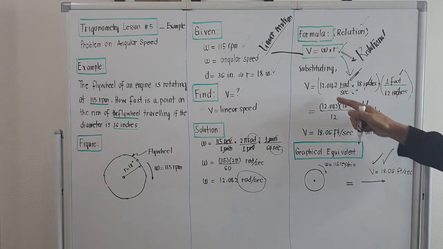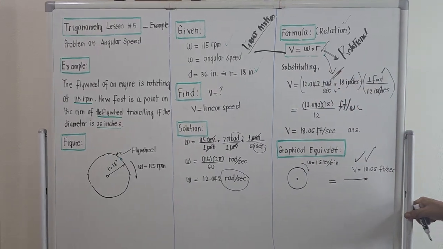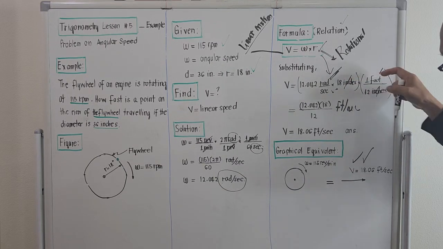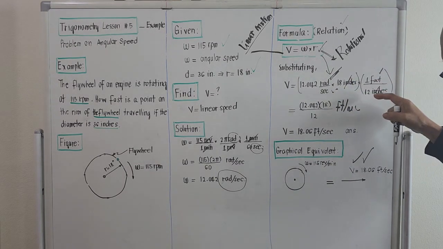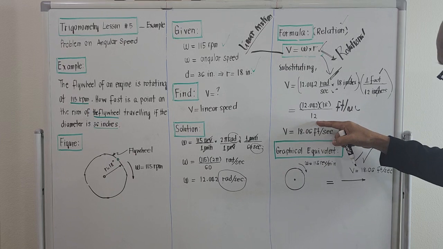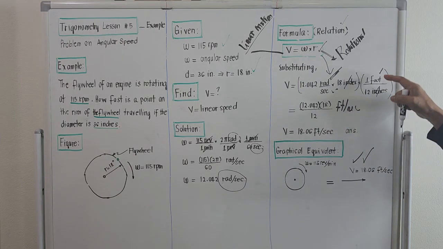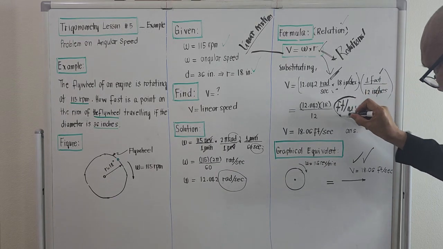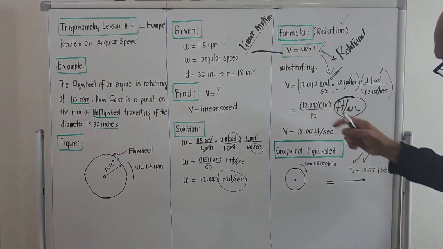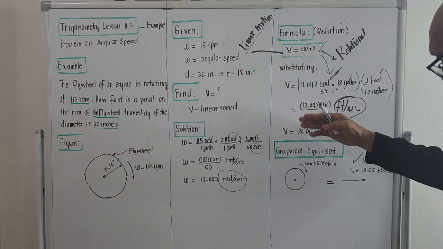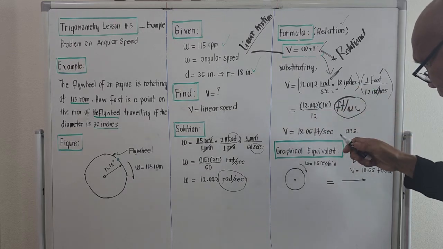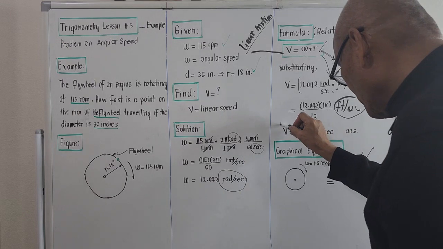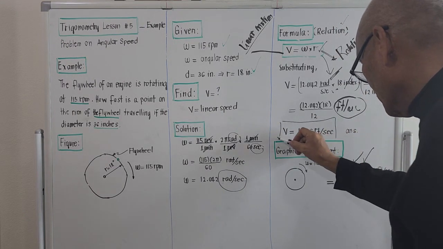So 12.042 times 18 times 1. 18 times 1 is just 18, all over 12. The unit will be feet per second. And if we use our calculator, 12.042 over 12 is 1.0 something, times 18. The value of the linear speed will be